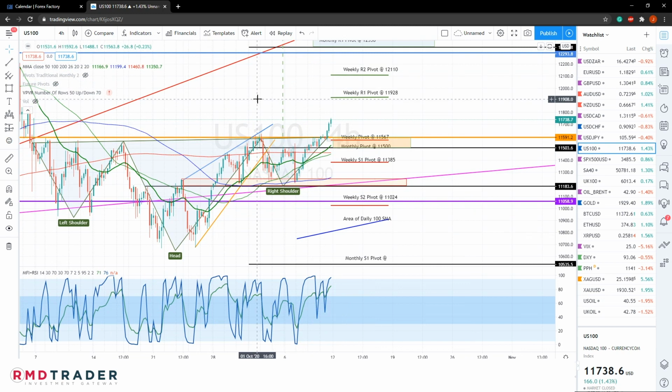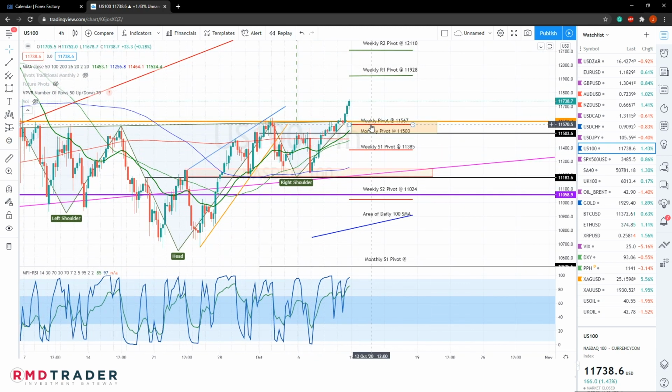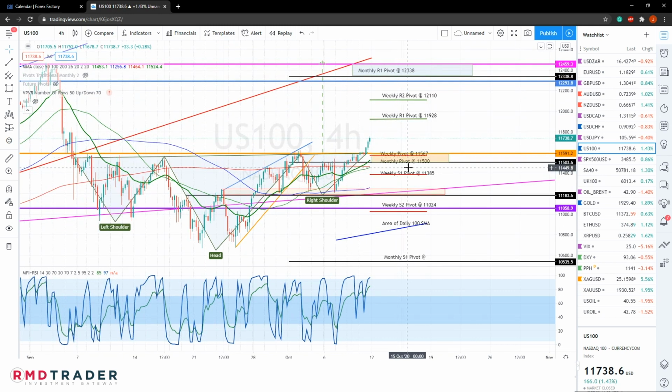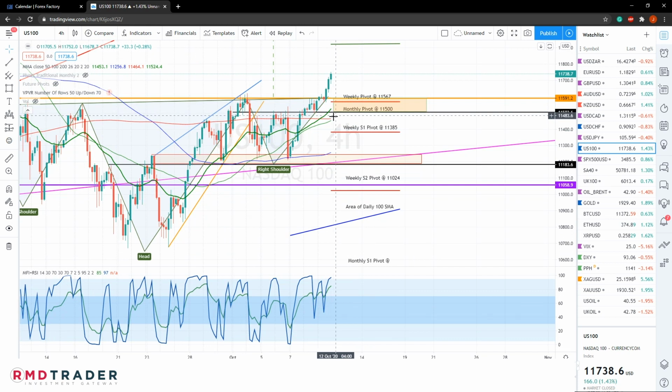And of course, just considering areas of support, at this stage we have our area of support indicated here in this orange color. That is between the monthly pivot at 11,500 and our weekly pivot at 11,567. So any move back into this area could potentially be an opportunity to get long, but do keep in mind that a close below our 4-hour 200 SMA and below the monthly pivot, that would be this area in between 11,465 and 11,500, any close below that, price action below that would be bearish,